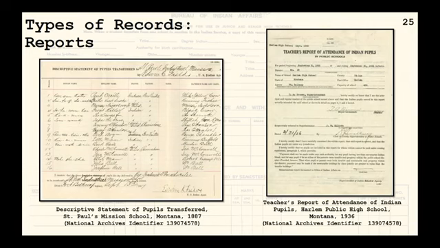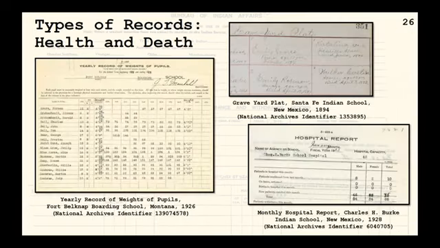Slide number 26. Let me just get a drink of water quick. All right. So individual health records can be found in the student case files, but general health records can also be found. And while they may not be perhaps of the greatest use to individual researchers, the aggregate information found in them can be a goldmine for academic researchers studying health issues. Schools struggled with illnesses. Outbreaks of smallpox, measles, tuberculosis, trachoma were constant issues.